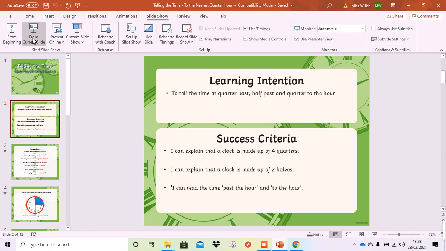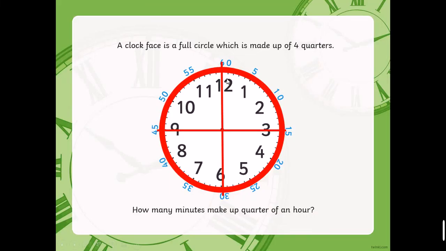It's made up of 4 quarters. So how many minutes are there in a 1/4 of an hour? Well, when we've got a 1/4 of an hour, you could see here, if we're imagining starting on the hour at 12, a quarter of an hour, for each increment here, you'll see that it stands for 5. So that would be 5, 10, 15. So there are 15 minutes that the big hand would turn around, and that would mean that 15 minutes have